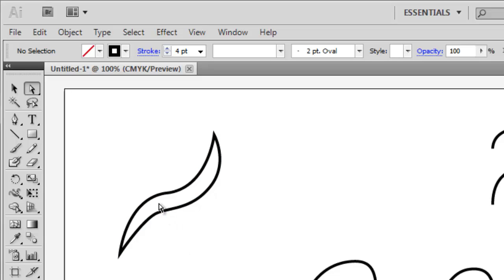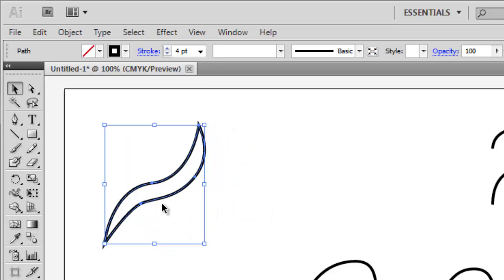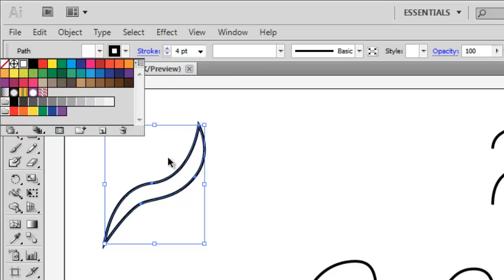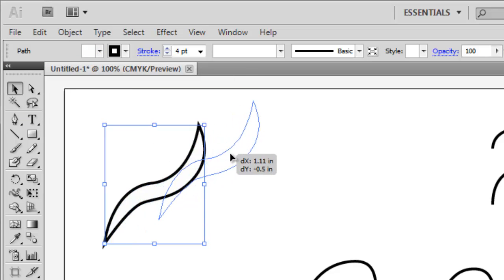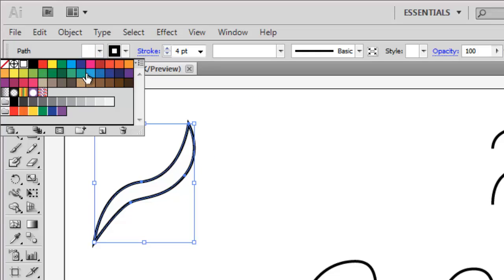Once you have a filled in shape, you'll notice that even with my selection tool, if I try to click and drag in the middle of this shape, it's not going to select it because all we've done is create a path. And remember, at the beginning of this tutorial, we set our fill to none, which means there's nothing inside this path to click on. If I mouse over the edge, I can very easily select that shape and then click and drag, as long as I'm clicking directly on the path. If we fill this in with a color, even white will fill that in and let us click and drag in the middle. But notice that now we can actually use our fill options and fill this in with whatever